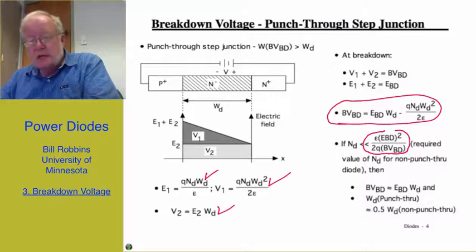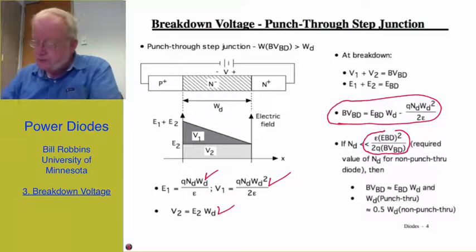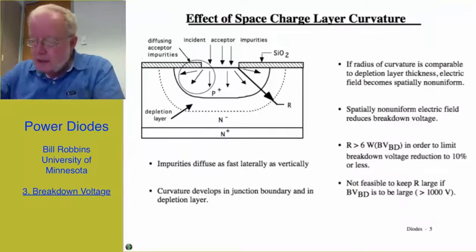For diodes, probably the punch-through structure doesn't have any significant advantages. However, there are blocking junctions in some of our other devices that we'll be considering, particularly the IGBT, for which having a punch-through structure is an advantage. And in fact, we have punch-through IGBTs and non-punch-through IGBTs, and we'll be talking about those in a separate module. Continuing on,